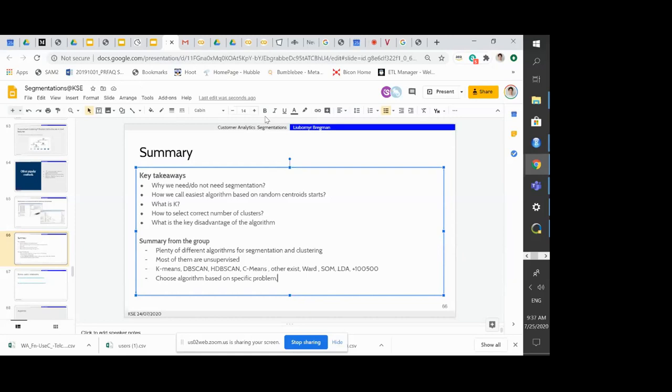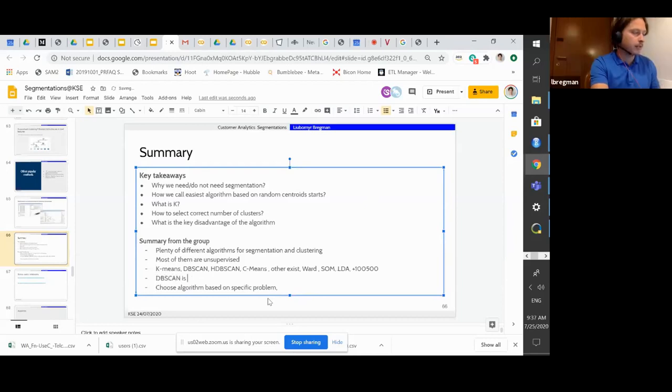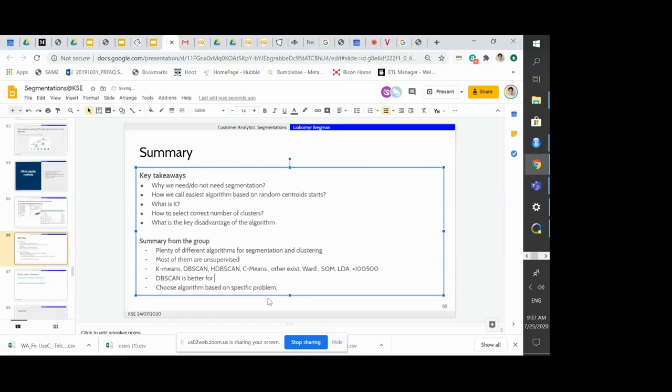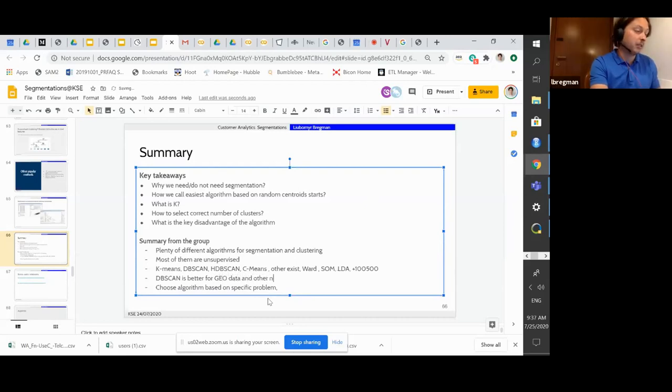But may I add? I also remember that if we are going to work with geodata, DBScan is better. Yes, DBScan is better for geodata and other, what we call non-convex data. Like data which can have weird forms, where it's hard to say whether more is better or less is better because of the lack of linear dependencies and so on.